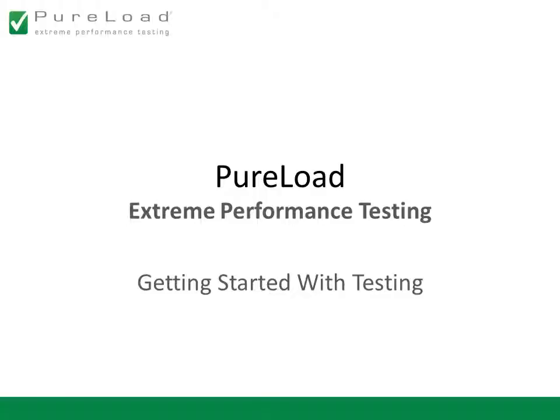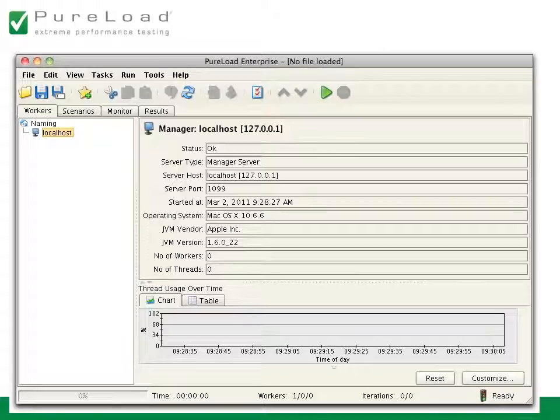First we start the servers and the console. One easy way to do this for evaluation purposes or a smaller test is to run PureLoad in standalone mode, where all the servers and the console are running in the same process. You now see the console graphical user interface. Since we are running in standalone mode, we only have one worker manager host, and that is localhost